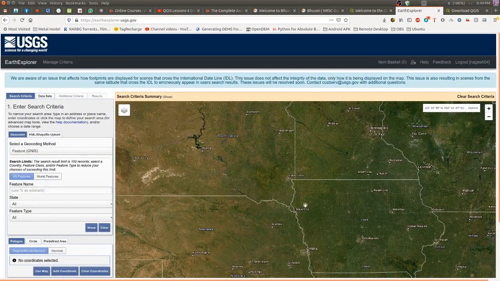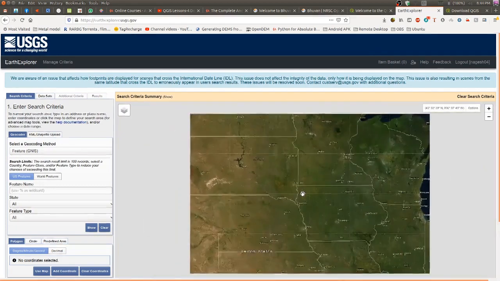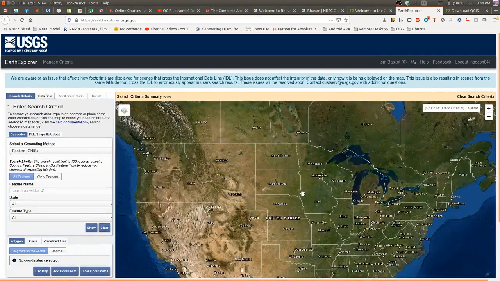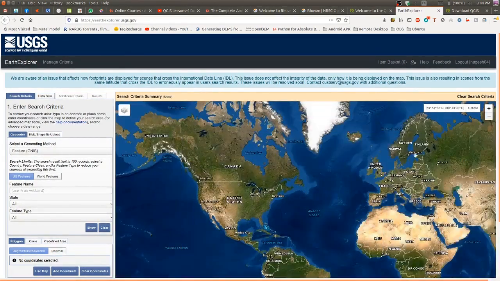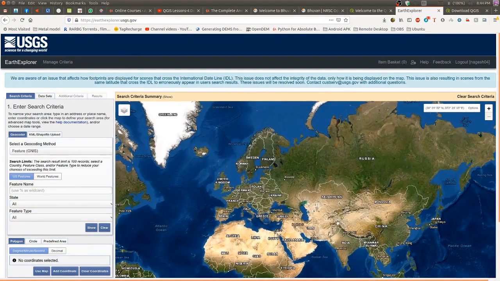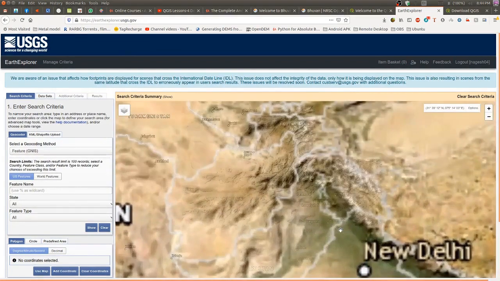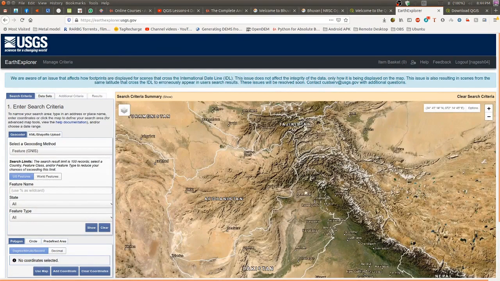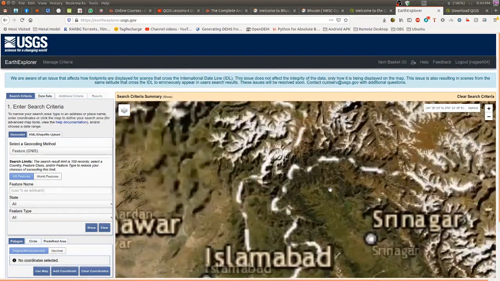So here you will be given this map window. It is like Google Map only, and here also a similar thing. You go to the area of your interest. Now here also I'll show you how we can narrow down.